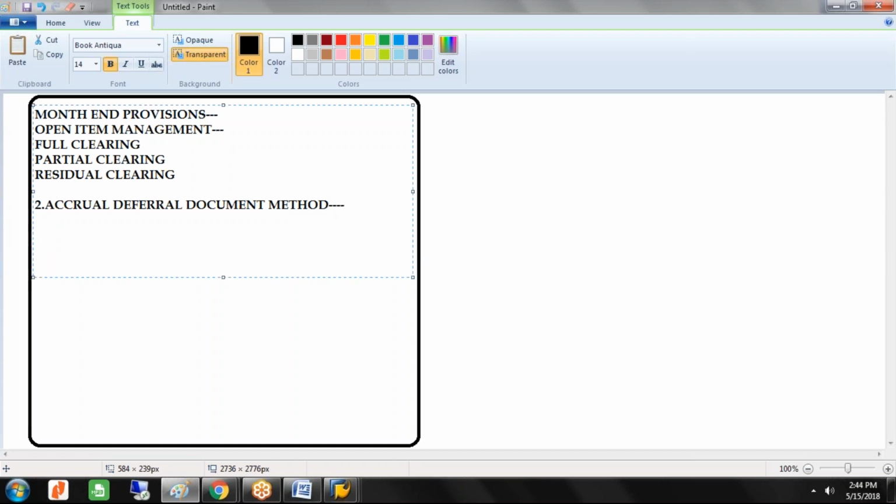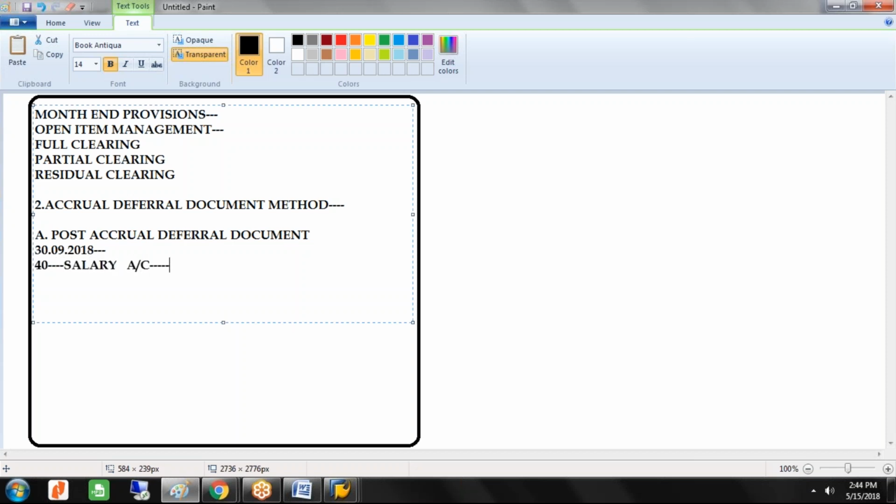Now, there are only 3 steps involved here. The first step is to post the accrual deferral document. Posting of an accrual deferral document means that during the month end, you are going to post your outstanding salary. The salary account is debited with whatever the amount is,